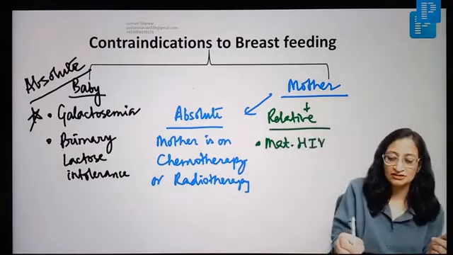Now, among absolute contraindications to breastfeeding, definitely galactosemia in the infant is one. Maternal HIV is a relative contraindication. Maternal CMV, usually breastfeeding is not contraindicated. Herpes not involving the breast, again breastfeeding is not contraindicated, right? So the best answer is A.